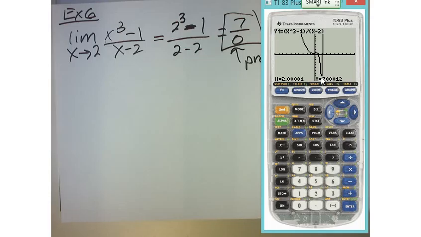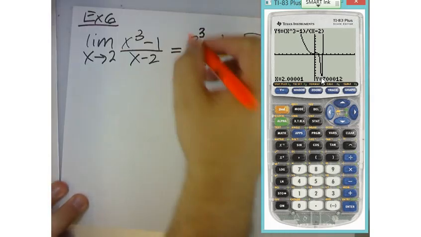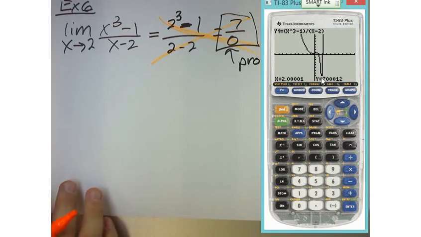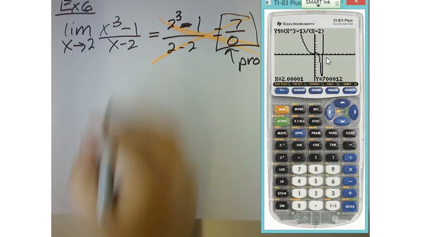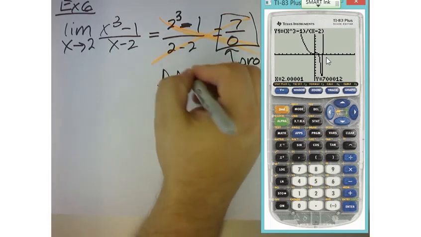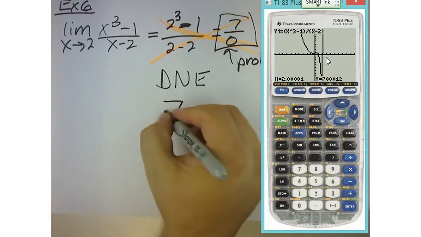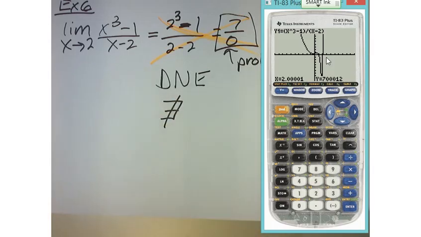So what we would say is, now it has nothing to do with this, although that is an indicator that you're going to have a problem. What it has everything to do with is what it actually approaches. So what we would do is you would just say does not exist. DNE is how Mr. Adams likes to write it. Another way you could write it is does not exist this way. A backwards E with a slash through it. Or nah. No, because the people grading the AP Calculus exam